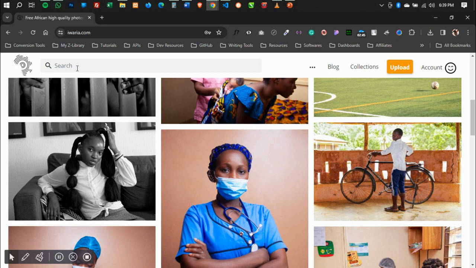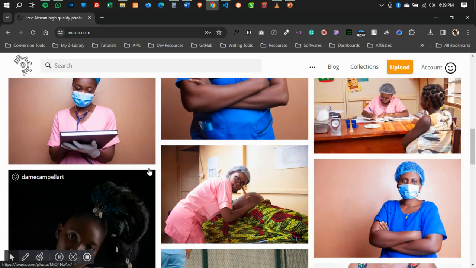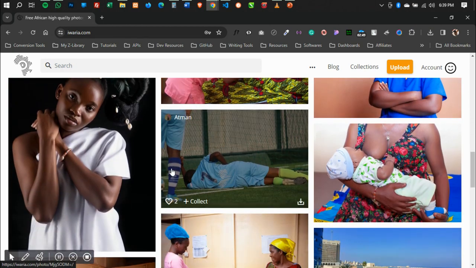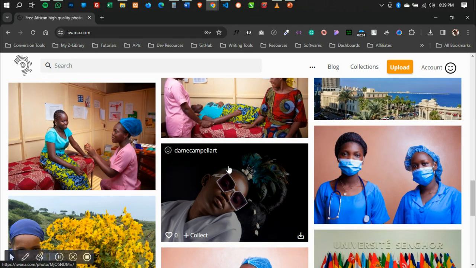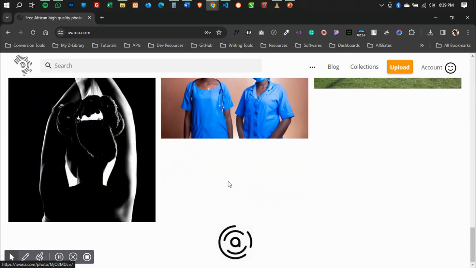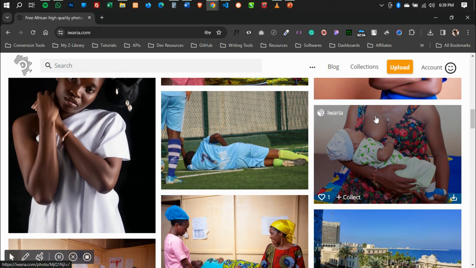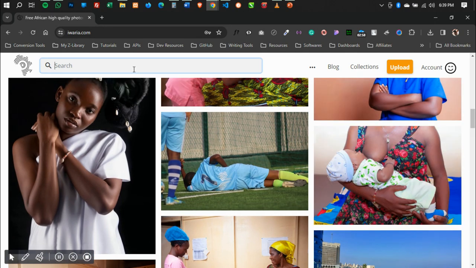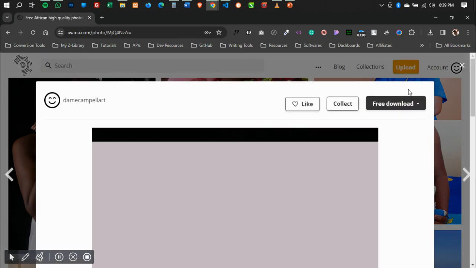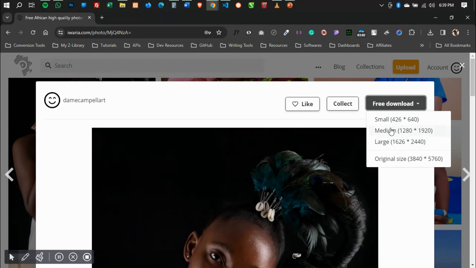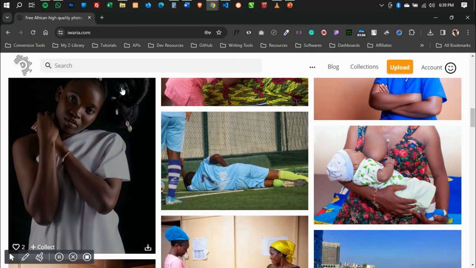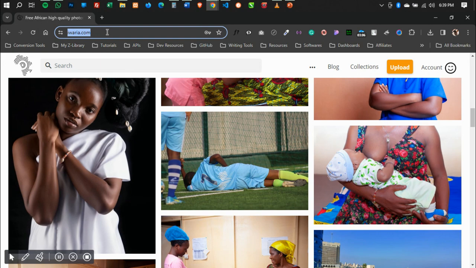But iwaria.com is a stock photo platform made specifically for Africans. So when you get onto Iwaria, you're going to get stock photos of Africans. As you can see, it's only Africans you're seeing. And just like Pexels, you search, you download based on the sizes which you like, and you're good to go. Another one is